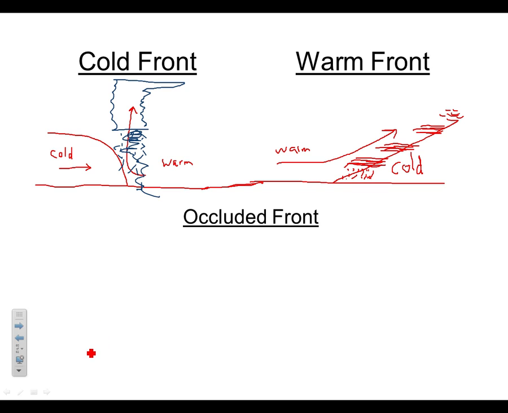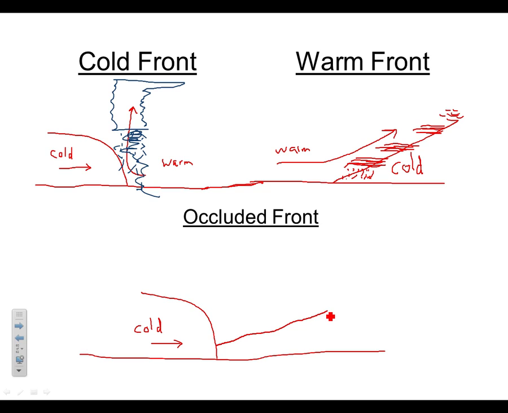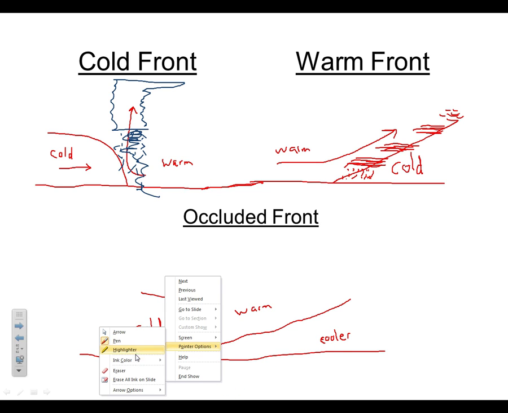So basically we're going to draw kind of what we had. So here's the ground. I'm going to draw my snub nose cold front like this. Moving this way. It is now lifted up my warm front. So this is my warm air. And this is my other cooler air over here. So I'll put cooler instead of cold. It's probably not as cold as the cold front air. So what type of weather is going to be associated